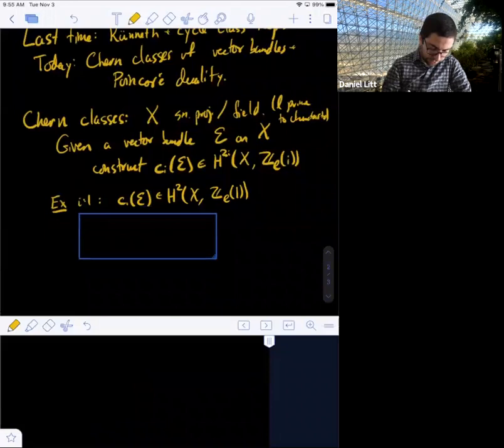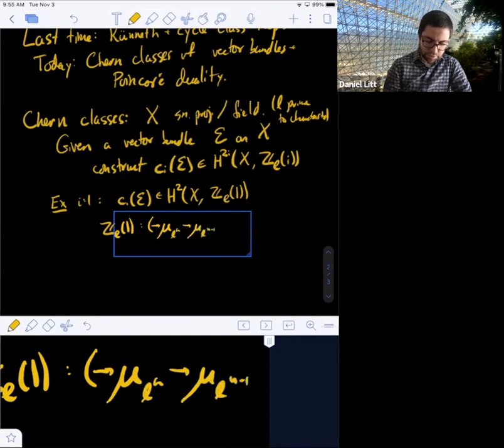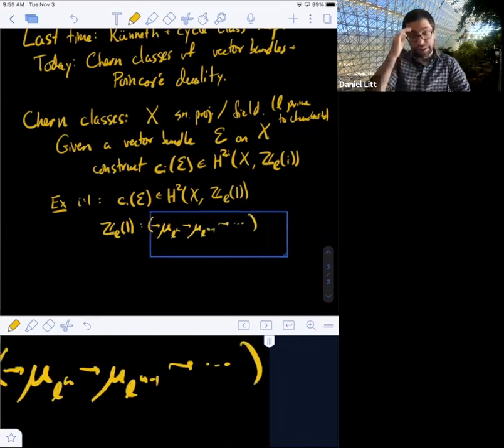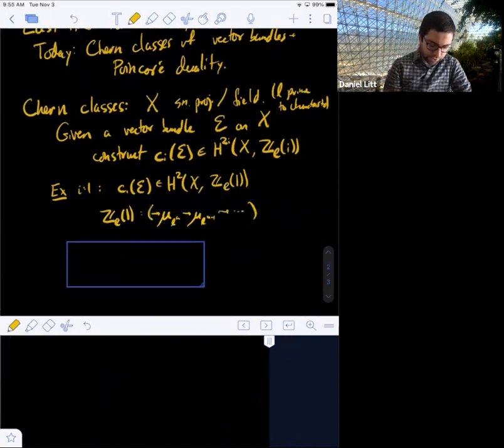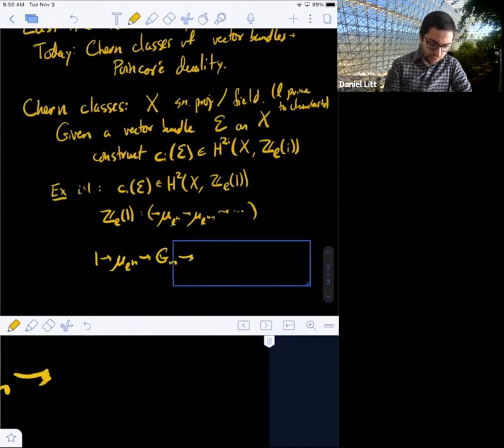Well, let me just remind you. Z_l(1) is the Z_l sheaf corresponding to the diagram mu_{l^n}, so you can think of it as the inverse limit of the mu_{l^n}'s. And there's a short exact sequence, 1 to mu_{l^n} to G_m to G_m,